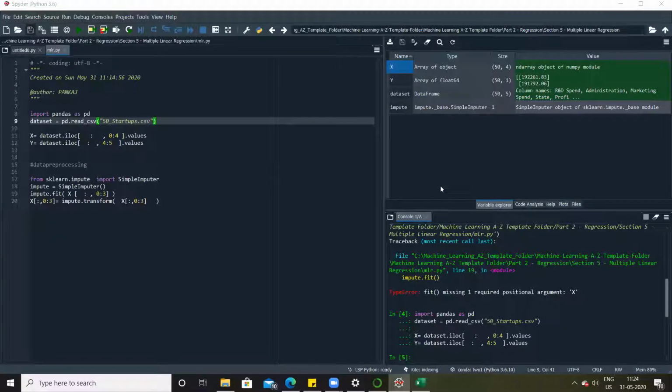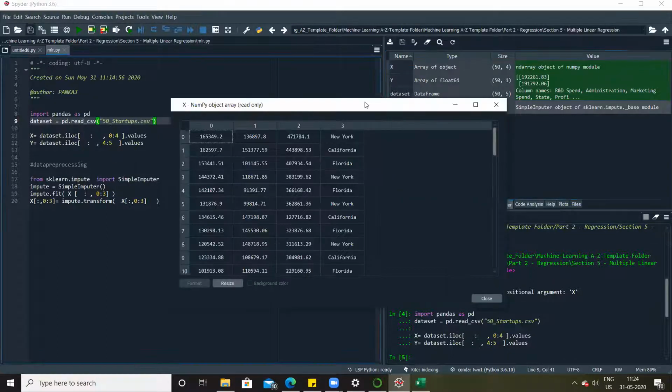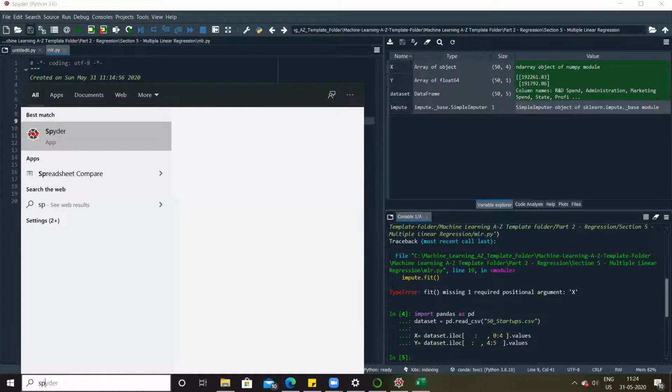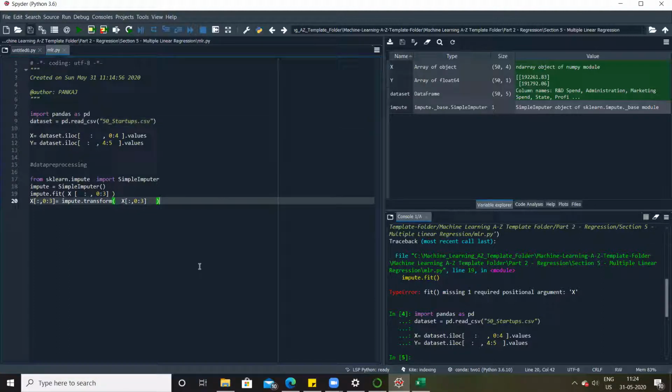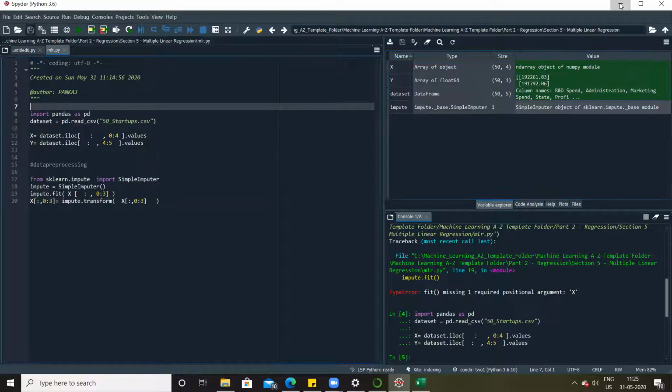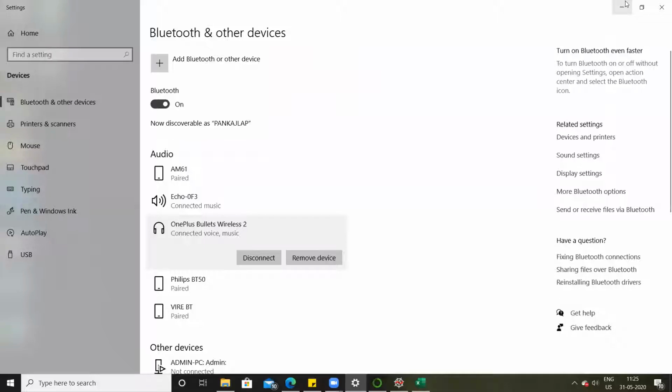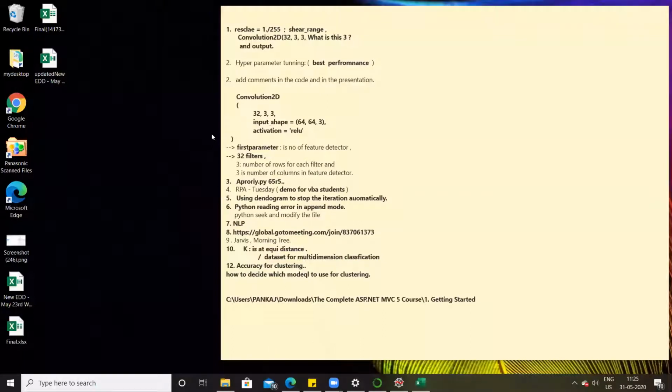Okay, perfect. Maithili, does that answer the question? Why do you see here an array of objects in the array of a NumPy module? It is just for visualization purposes, which Spyder has done for us. So if you check this, let me open the older version of Spyder. Yeah, I'm opening the older version of Spyder to show you the difference here. It's taking time.